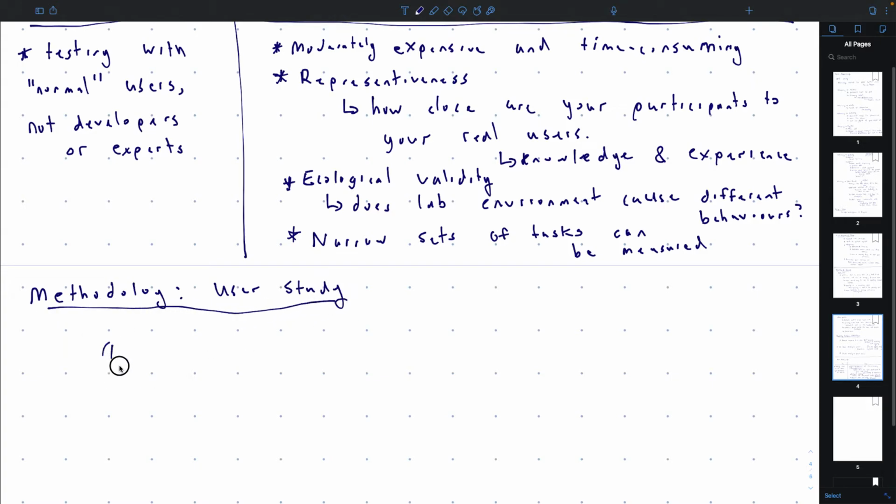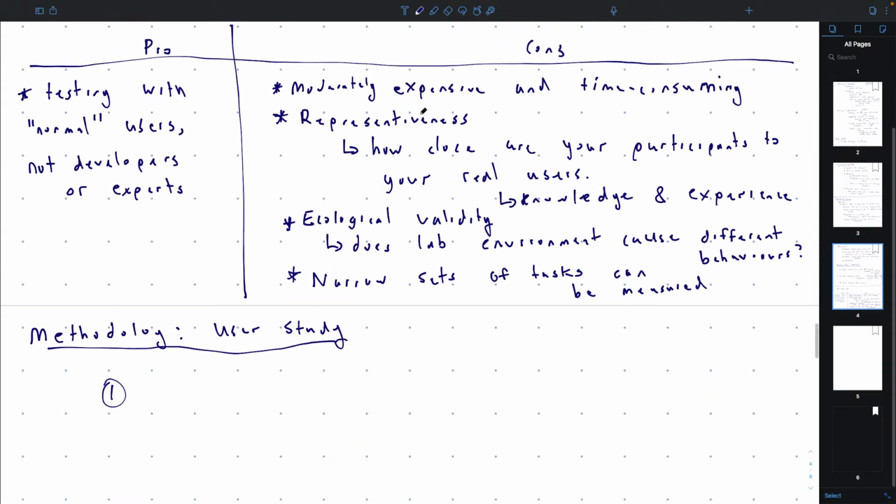Is there any one pro for this? Sorry? One benefit of this, like where the pros and cons? Yeah. So basically, I'm concentrating more on the cons, not because I'm trying to tell you it's a bad method, but that's sort of where the comparison to the other three is. All three of them are useful because all three of them get you what you want, which is a measure of usability. So that's the big pro of all three methods. And the reason I have cons is just because they're cons relative to the other kinds of methods that you want.